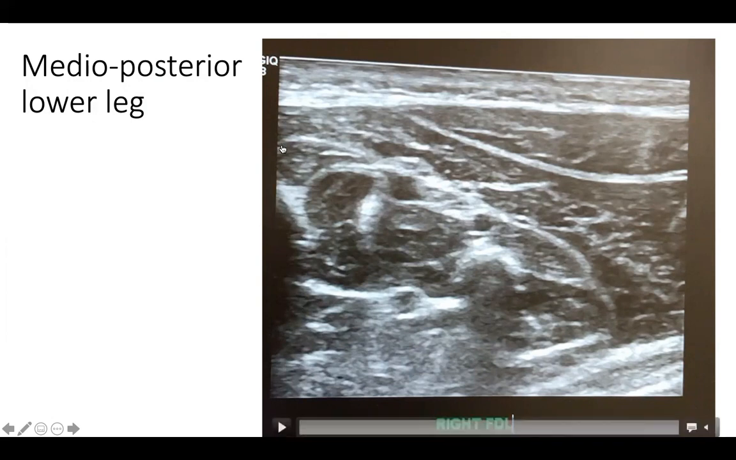Tibia. After that, the triangle muscle was the flexor digitorum longus. Underneath the chair muscle was the posterior tibialis. And then the very top was the soleus and gastroc. Here, but you see some more muscles, right? And the flexor hallucis longus,